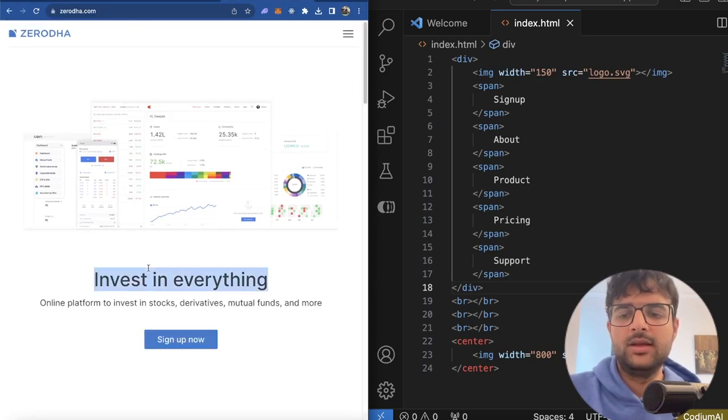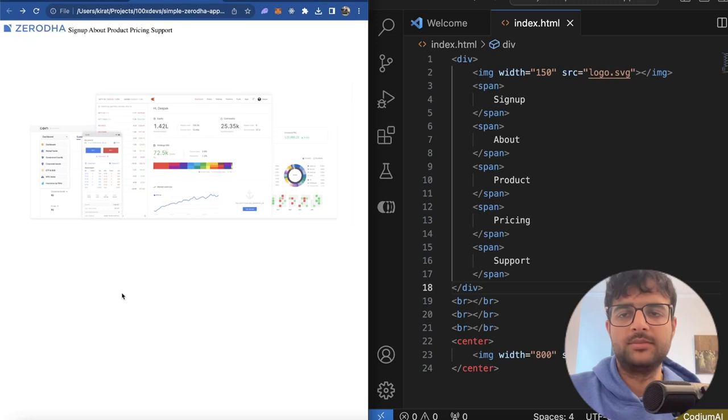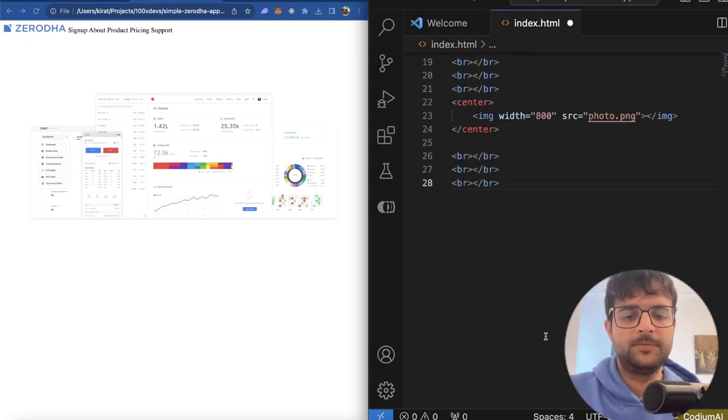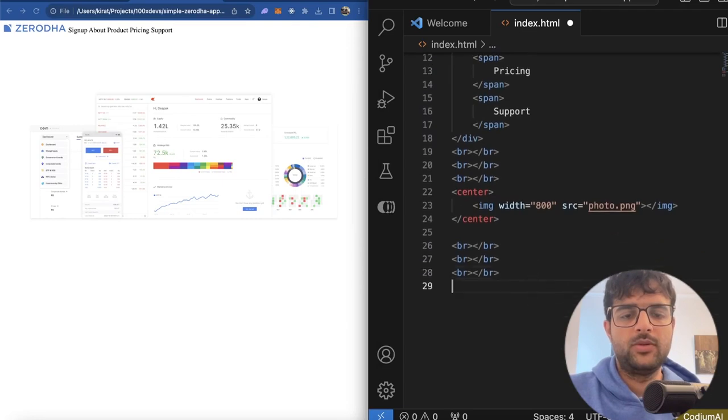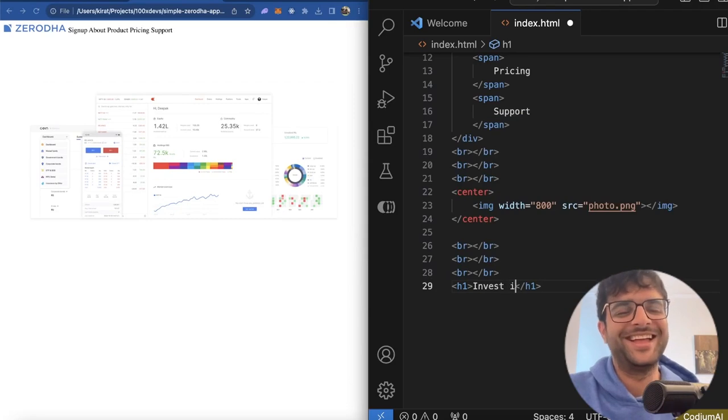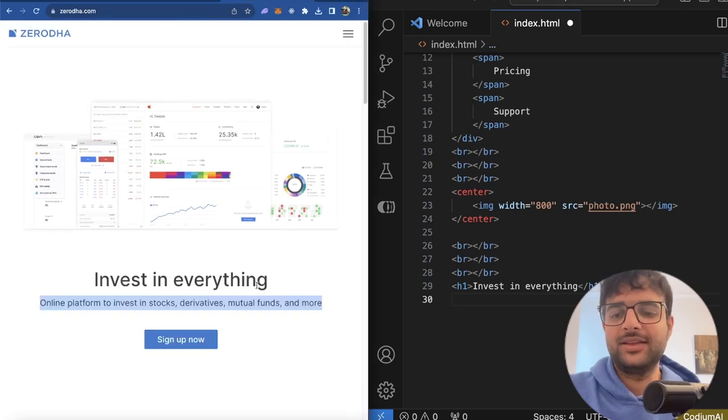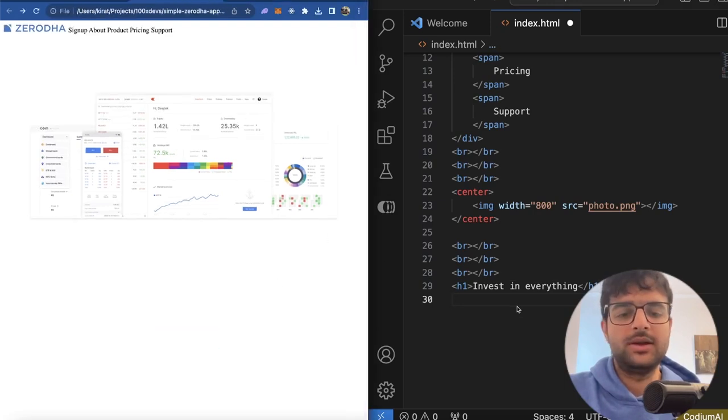What else do I need? Big text, small text, and a button. So I'm going to add some space below the image, followed by big text. What is the text? Invest in everything. Whoopsie daisy. Don't go back a few seconds. All right, invest in everything. Online platform. Okay, just gonna copy it, and this will probably be another few BR tags,